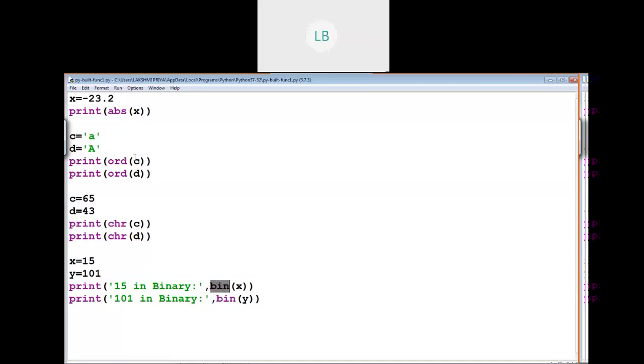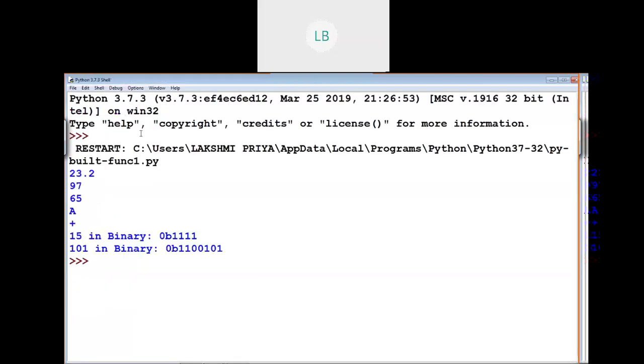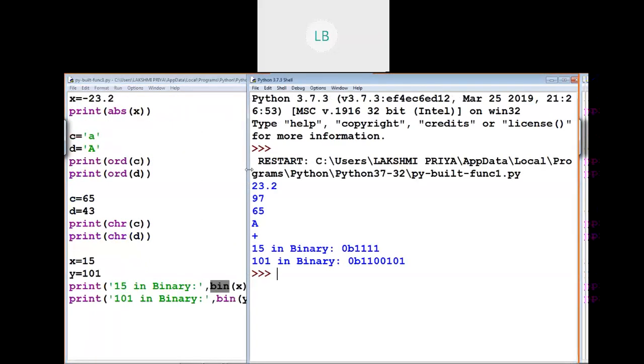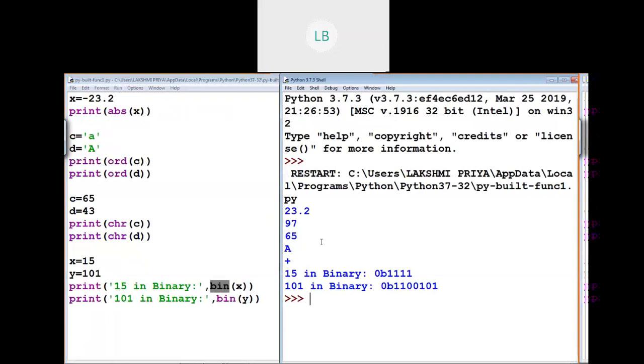Let me execute this. Are you able to see the output, children? So absolute of minus 23.2 is 23.2.